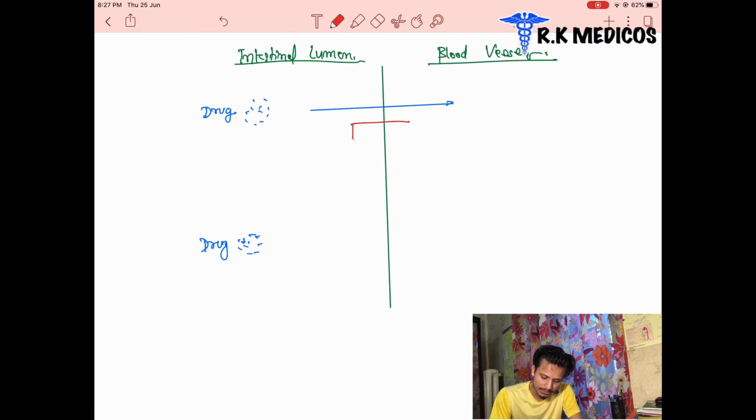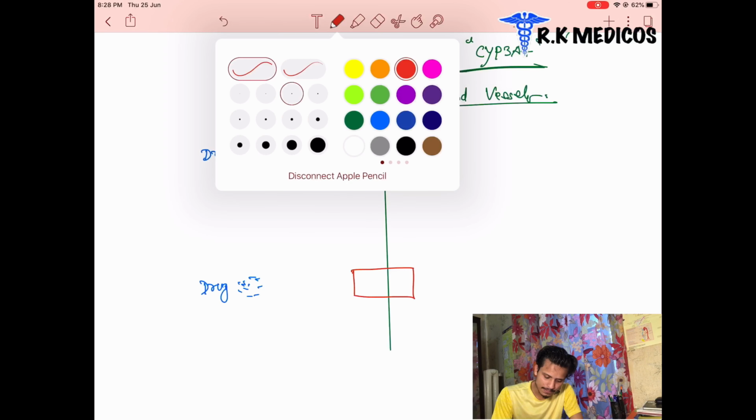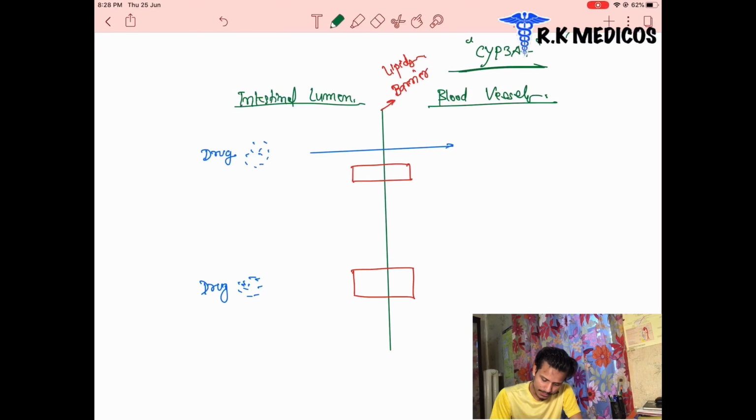Before the movement, there is something present: a barrier. Where is the barrier? This is the barrier, and the barrier is made up mainly of lipids. This part that we see now is called proteins. Proteins are present mainly in the lipid membrane. As we know, the proteins are located inside the lipid membranes.